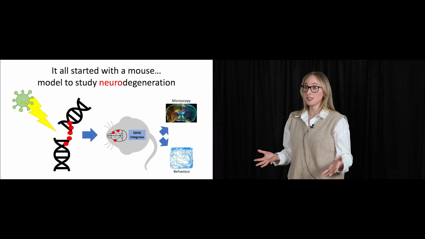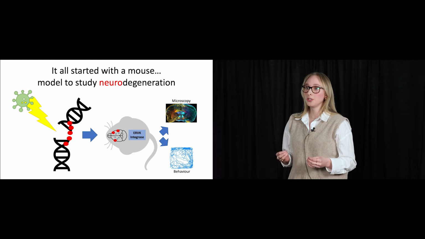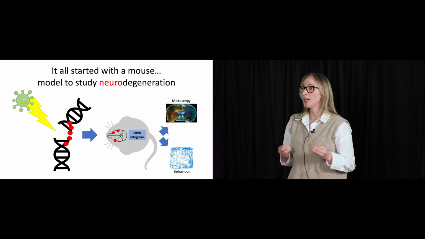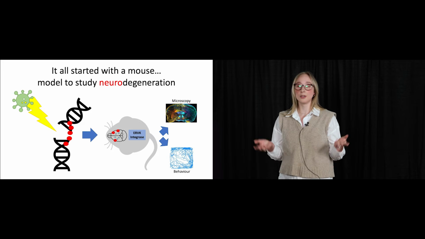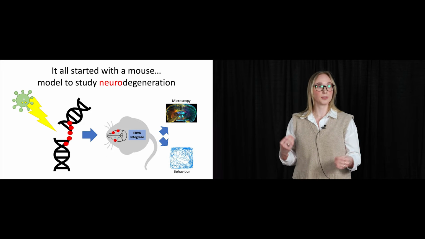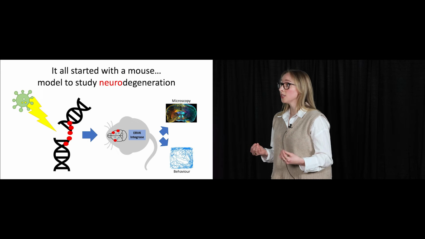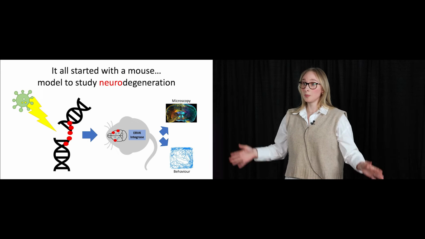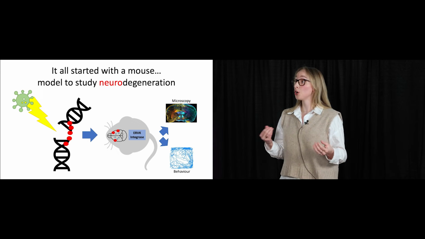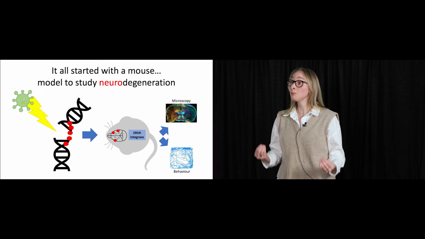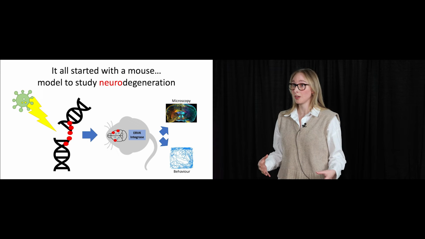ALS, or Lou Gehrig's disease, is a fatal neurodegenerative condition. It is notably characterized by DNA damage in neurons, the cells in our brains. DNA damage leads to neuron death, which impacts the control of voluntary muscles, like your arms, legs, face, as motor neurons in the brain lose the ability to communicate with muscles in the body.